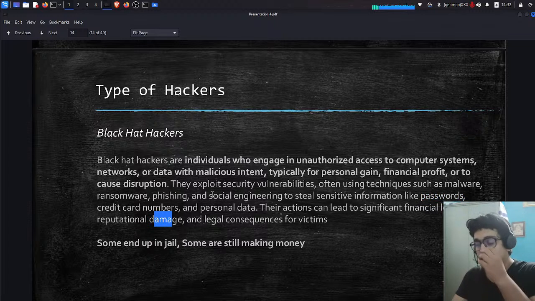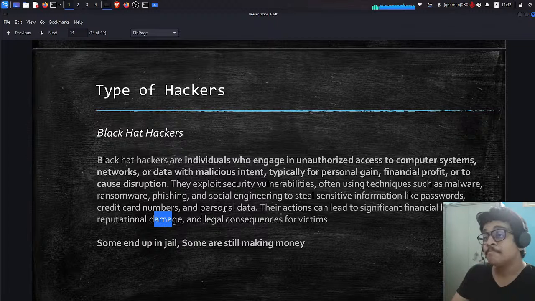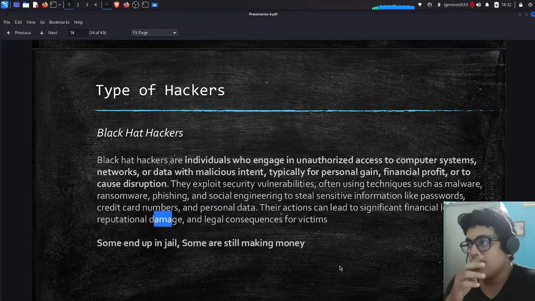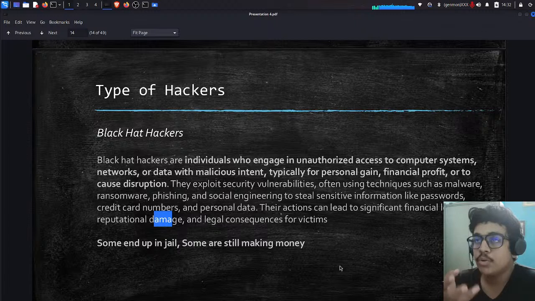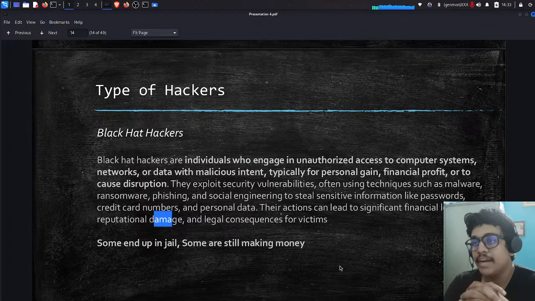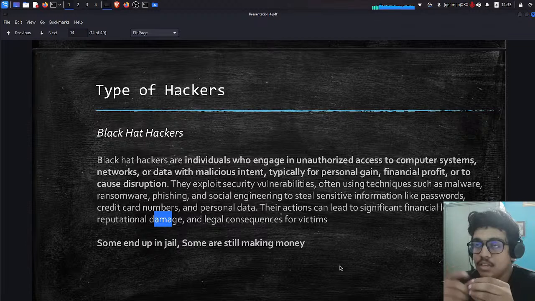For example, if a black hat hacker exploited a payment application, such as Paytm, what do you do when you log in to Paytm? You store the credentials of your credit card, your debit card, and any other kind of payment you do. You store the CVV, your card number and account number, you store everything in the Paytm app.